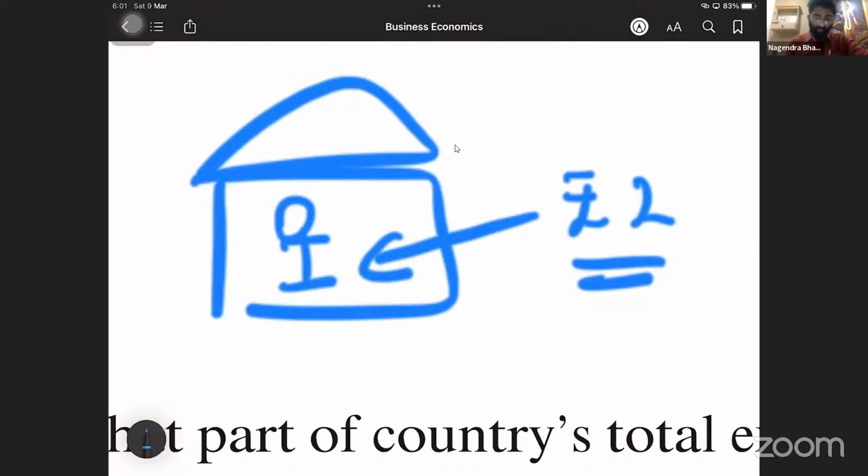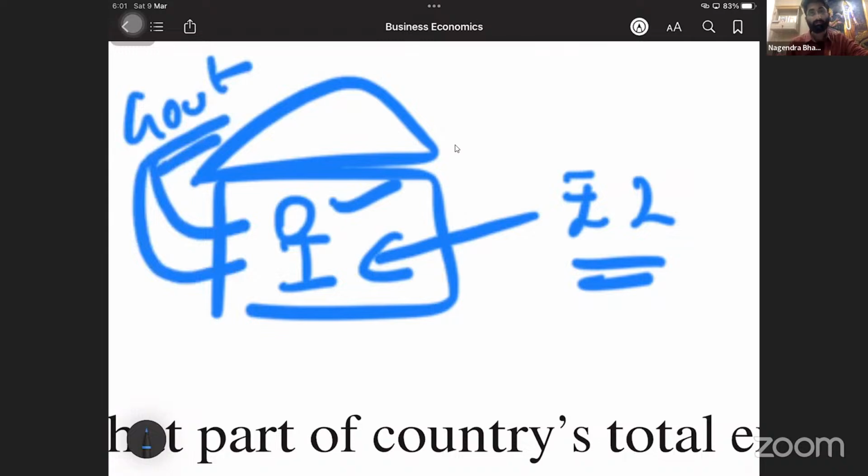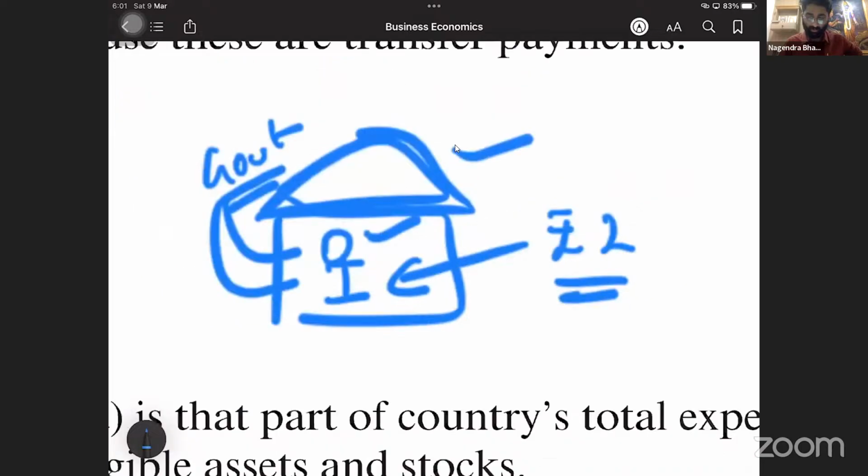This doctor is highly paid. Who will pay this doctor? Government will pay this doctor. Can I say that government is spending on these doctors? At the same time, government will take care of the electricity bill, the parking, every expense which has happened. So all the expenditure done by the government, I will add. This is part of national income. So the only way